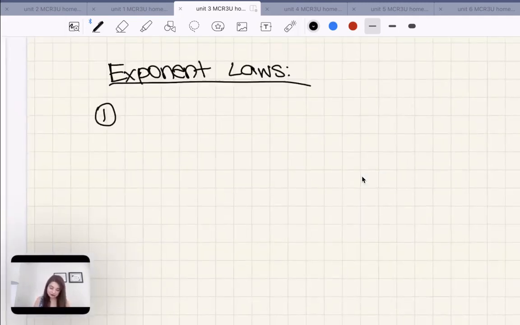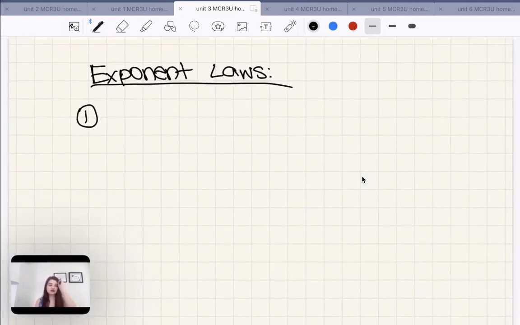Okay, so let's first discuss the exponent laws, not just what they are, but why they are true, because it's easier to remember them if we understand why they are true, especially if memorization isn't your strong suit. Being able to understand why they are the way they are, if you forget them, you'll be able to quickly figure out, oh, right, the exponent law says this because this is true. So the first exponent law is